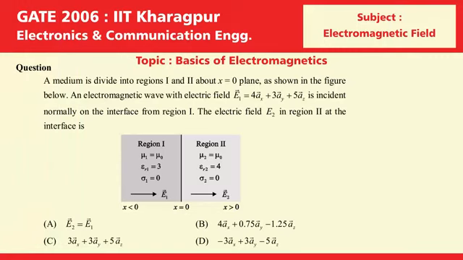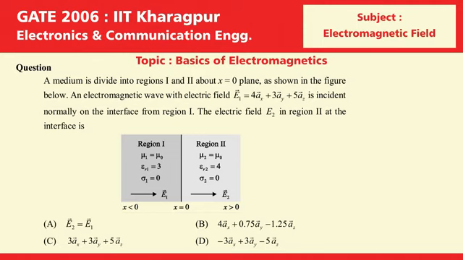This is a question from GATE 2006. A medium is divided into region 1 and 2 about x equal to 0 plane as shown in figure below. An electromagnetic wave with electric field E1 equal to 4ax plus 3ay plus 5az is incident normally on the interface